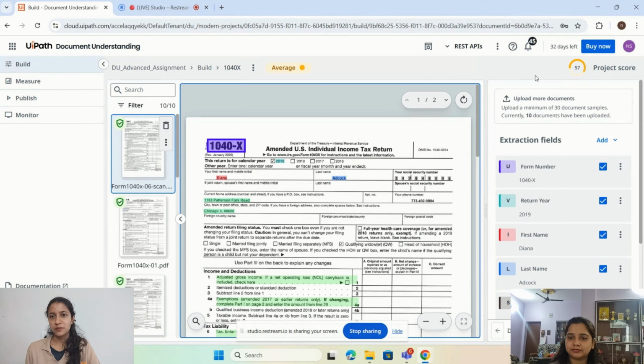Okay, that's very impressive. Now, how do you actually deploy this project? When it comes to deploying the project, the first thing you need to do is check your project score, which will tell you the performance of your model, whether it's bad or good, very good or excellent. Based on this score, if you have decided that you have trained enough documents and you think that your model will give you accurate results, then you can go ahead and publish the document.